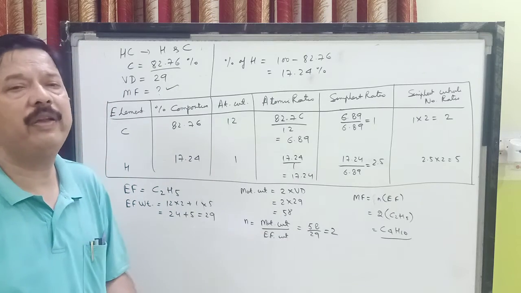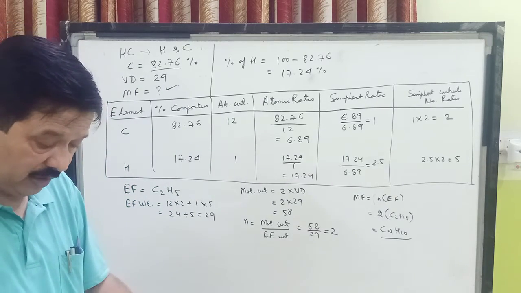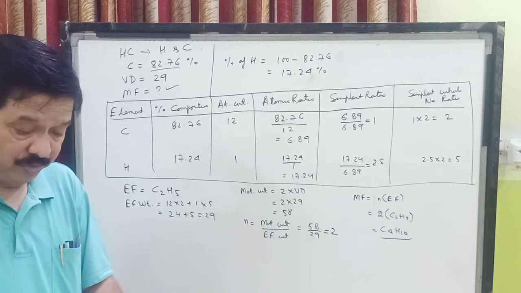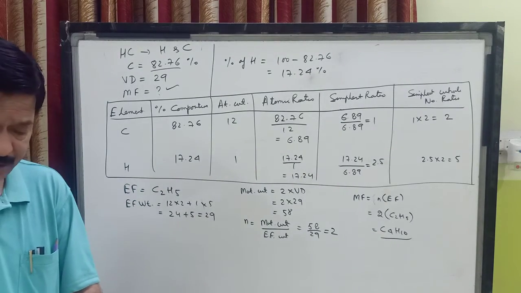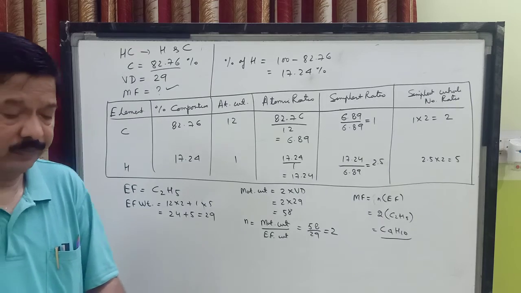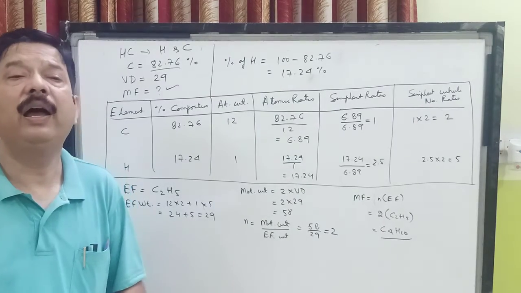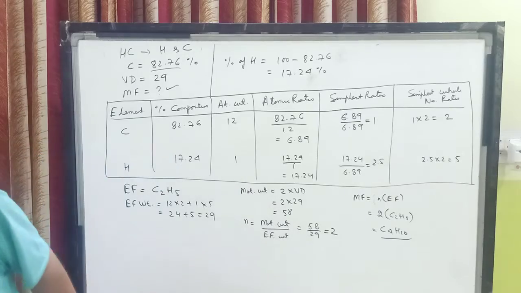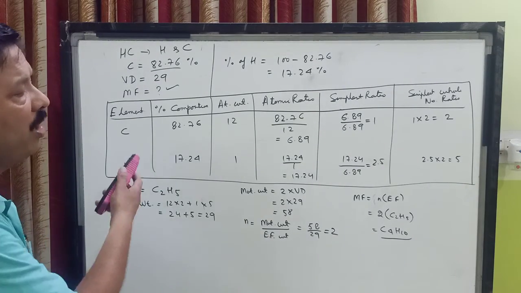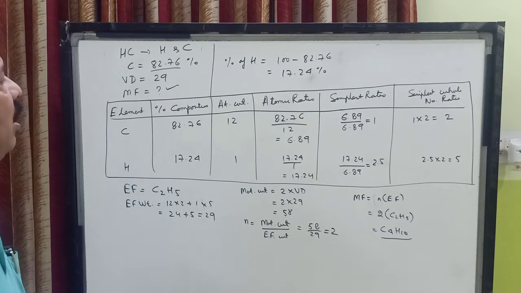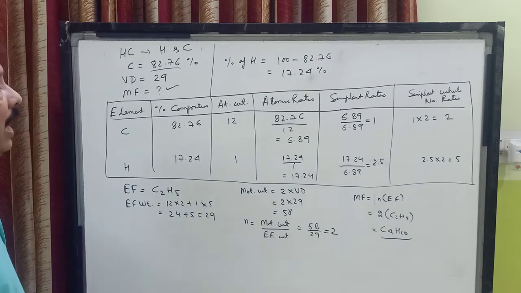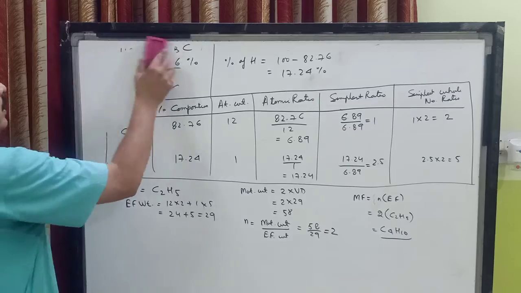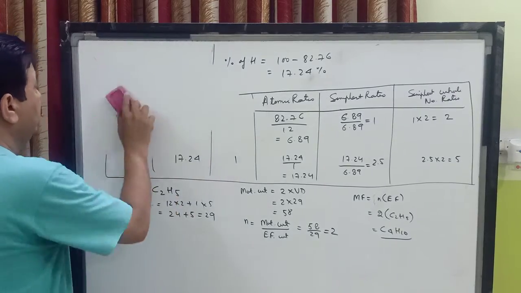This question, children, has come in the 2016 board examination. I hope children you are following these questions. Now children, we'll do one more question, and it is again an indirect question, a question where some other things are being asked. I hope you have followed this. You can copy down this, or you can do this question by yourself in the note copy, and we'll move on to the next question.